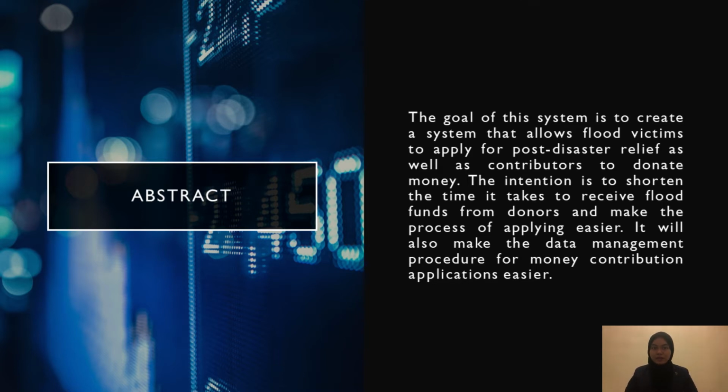So, the goal of this system is to create a system that allows flood victims to apply for post-disaster relief, as well as for the contributors to donate their funding into one mobile application. The intention is to shorten the time taken to receive the flood funds from the donors and also make it a lot easier to apply for post-flood relief.